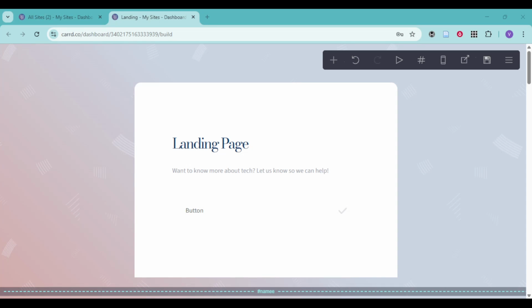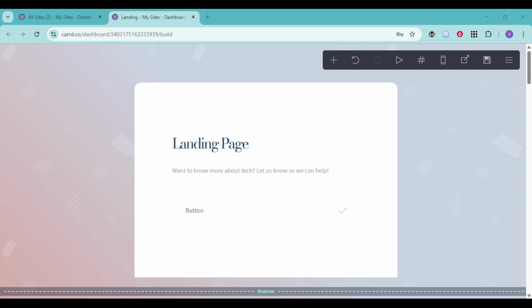In today's video, I'm going to teach you how to create anchor links in Card. Anchor links let visitors click a button or menu item and smoothly scroll to a specific part of the same page. They're perfect for single-page sites with sections like About, Services, or Contact. By the end, you'll have a clean, professional navigation experience that helps people get exactly where they want to go